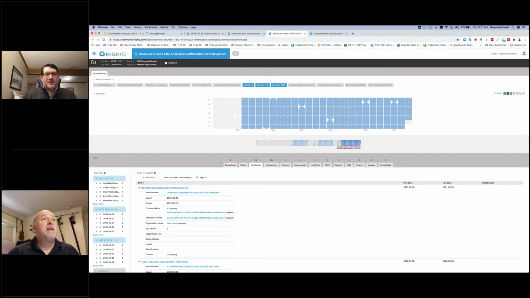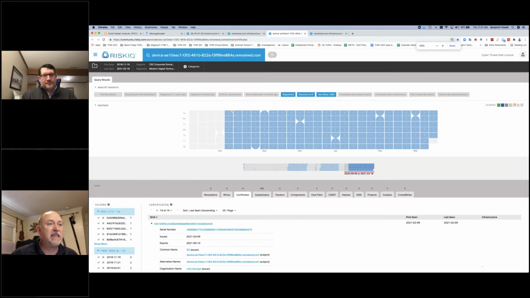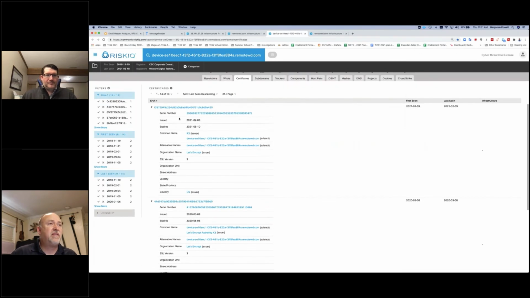but I think that's where you're going next, right? Yeah, so you can pivot off the certificates. You can pivot off of the serial number or the common names as well. So for example, I'm going to zoom in a little bit more so you can see this. If we're inside the certificate, you have the SHA-1, there's a serial number, and anything in blue you can pivot off of.